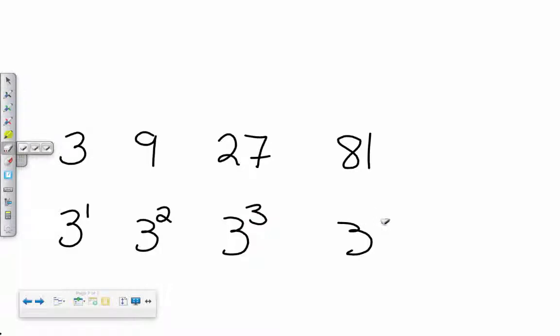And then that leaves us at this idea that since we already established a pattern, it's pretty easy. This last one here is probably going to be what, Millie? 4. That's 3 times 3 is 9, times 3 is 27, times 3 is 81. So there's 3 itself. 3 times 3, 3 times 3 times 3, 3 times 3 times 3 times 3. Okay, that's what this looks like. It's pretty useful to us.